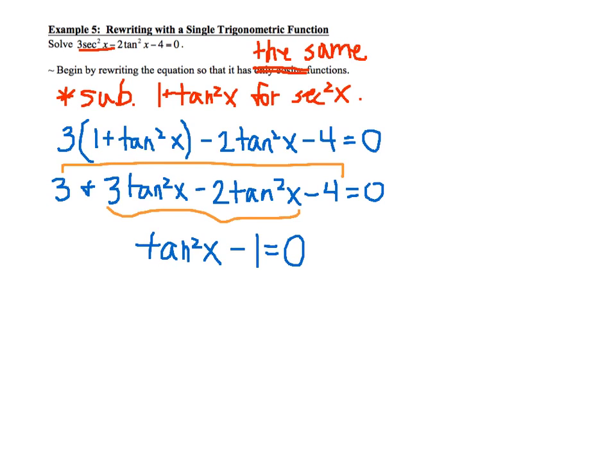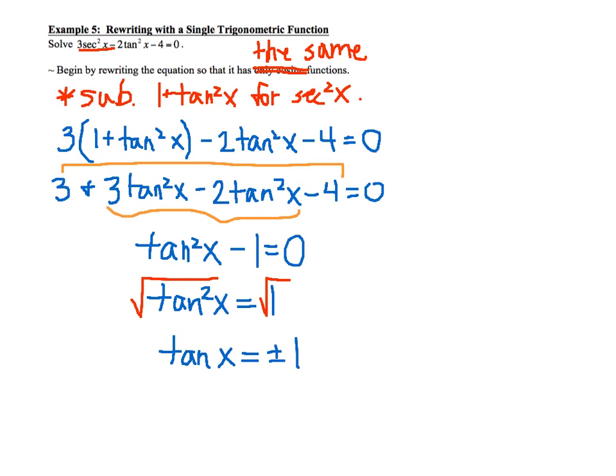And so if we solve this, you're going to add 1 to both sides. And now what you need to do is square root both sides. So if you square root both sides, don't forget your plus or minus in front of your 1. And so what you really need to find here is, because you know that tangent is equal to